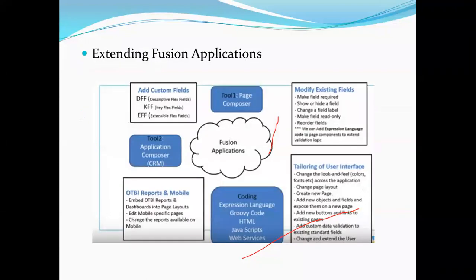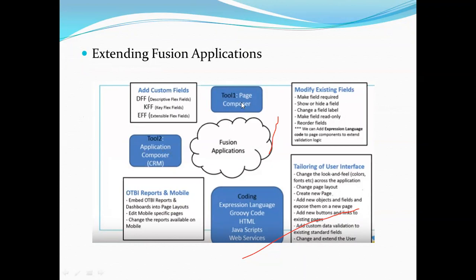And this is especially dedicated for customizations, extending Fusion applications. In order to customize our Fusion application, Oracle has provided two tools for us, Page Composer and Application Composer. These two we call a separate product, nothing but the dashboard and extensibility framework. The framework is associated with these two tools, Page Composer and Application Composer.